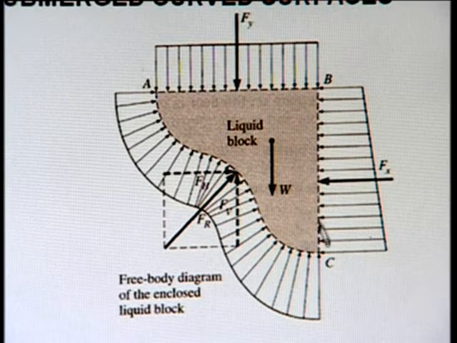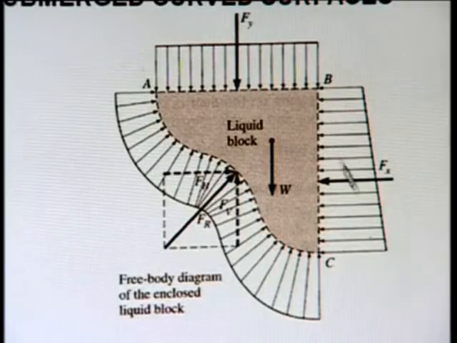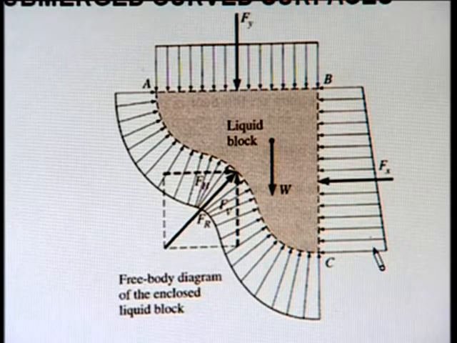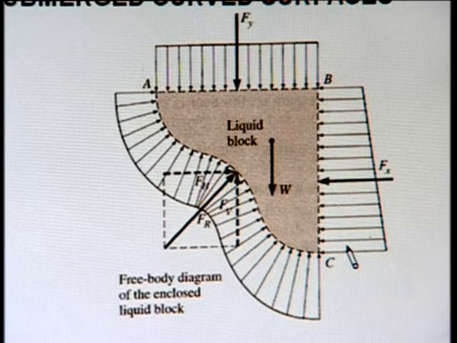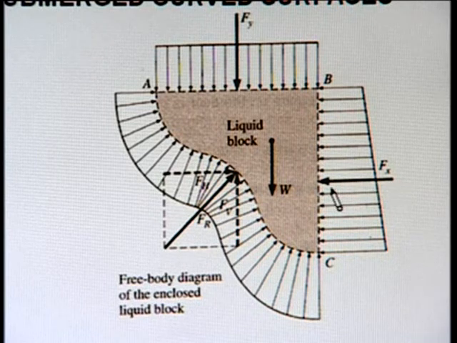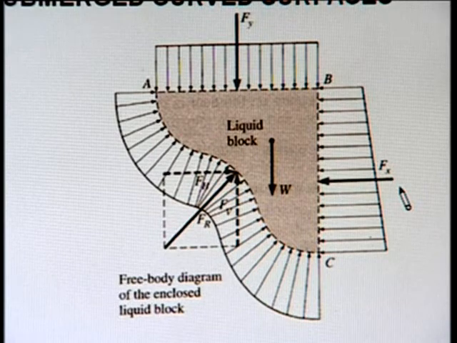And what is the force on this perpendicular surface? For a perpendicular surface, as we have just discussed for an inclined surface when theta becomes 90 degrees, we can calculate this force. In this case, the pressure force from B to C is continuously changing; it is increasing because the height is continuously going up. When the height goes up, the pressure keeps going up, and we can get the resultant force and its point of application with the help of the principles and formulas just discussed. And once we know this Fx